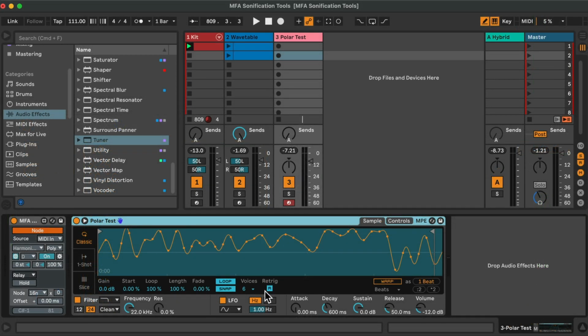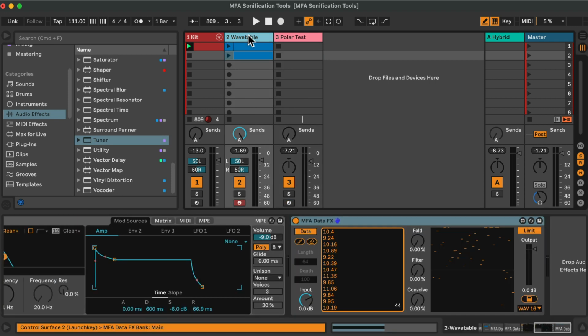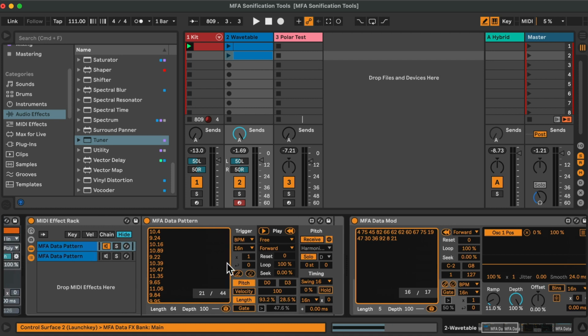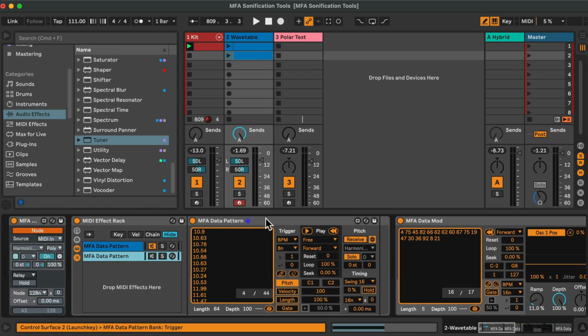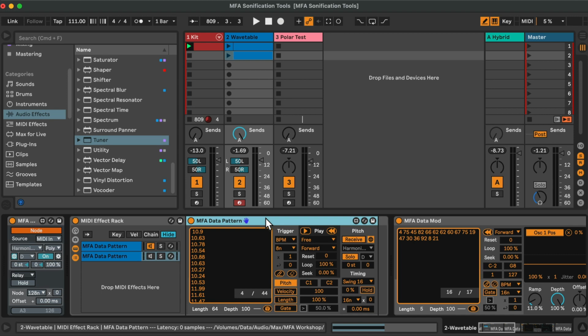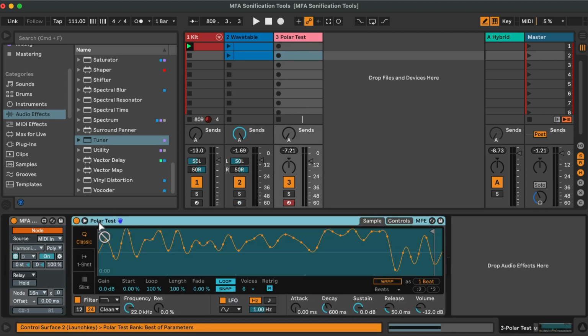It's really as easy as copying and pasting to get any data set into your DAW as a starting point for MIDI patterns, parameter modulation, effects processing, or even exported waveforms that can be imported into any sampling instrument